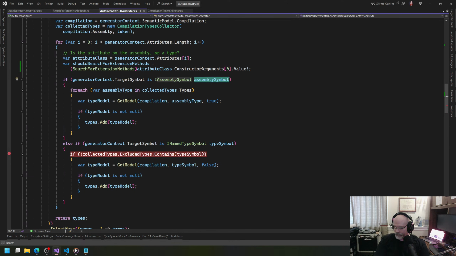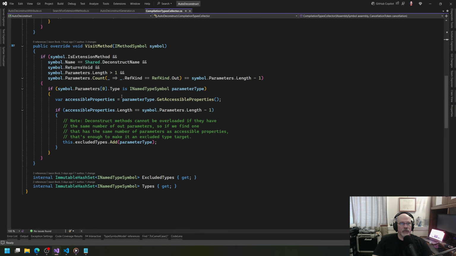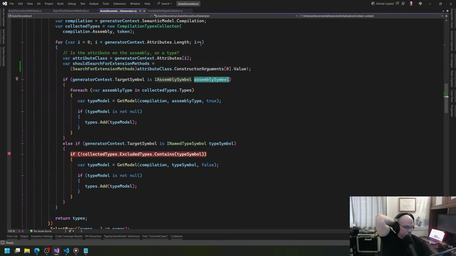And we only care about doing that if they asked us to. So I think this collector, this code has to be broken out, or this whole visitor has to be broken out a little bit. And that we don't need to